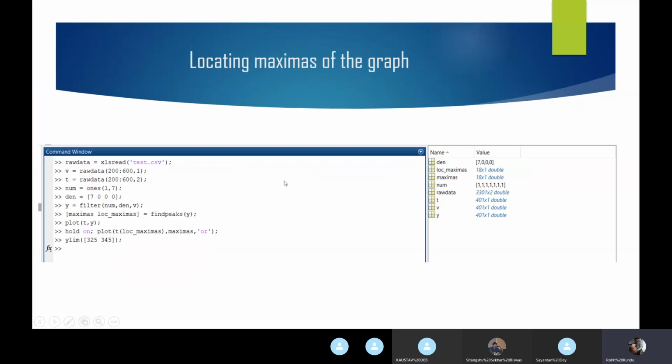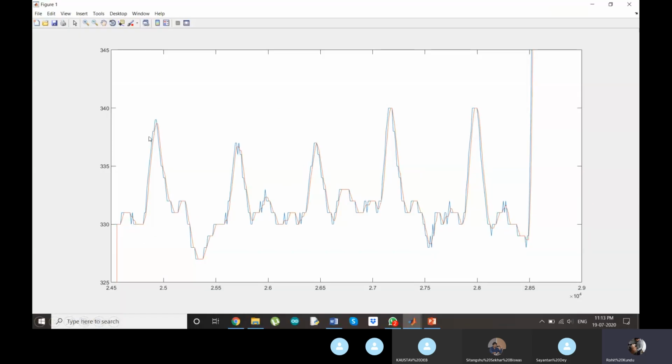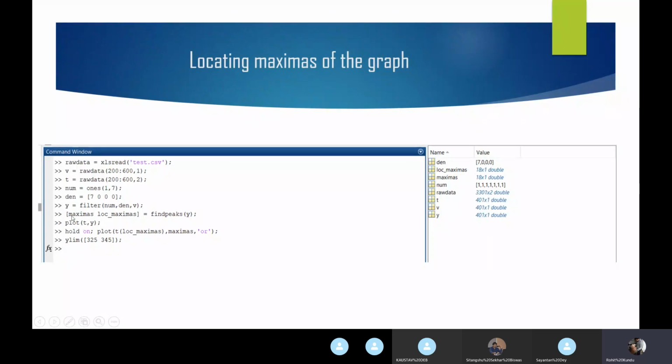So now what we have to do is locate the maxima and minima of this graph so that we can get the durations, the systolic duration, the diastolic duration, and the total time for the beat, so we can calculate the pulse rate. For determining the maxima, I've shown the screenshot here.